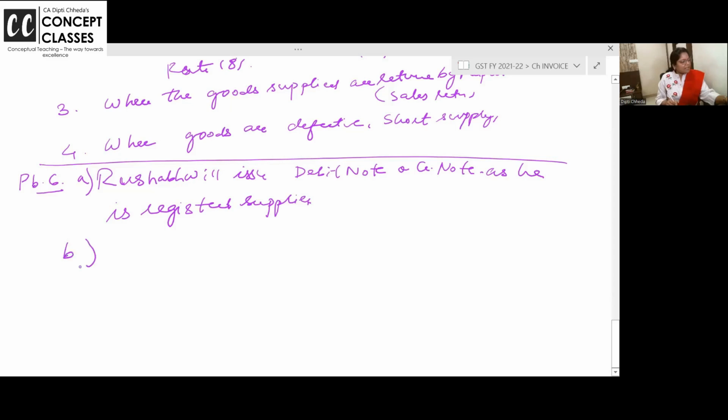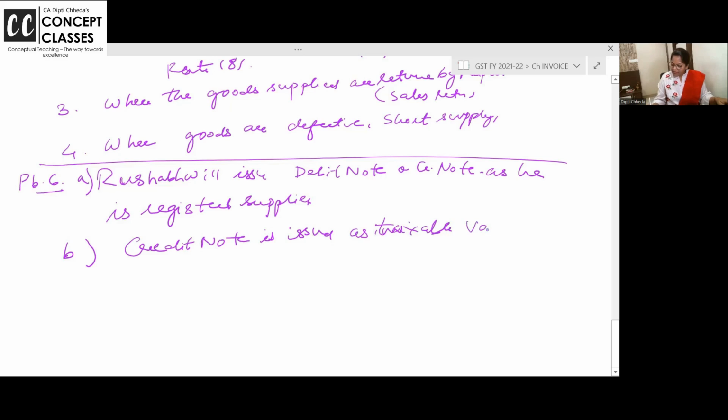Now in B case, again there are 3 bits. है ना, B के केस में 3 bits हैं. I'm reading out again. Value of supply charged is 260 against 230. तो आपने ज्यादा चार्ज किए हैं, तो क्रेडिट नोट. Credit note is issued as